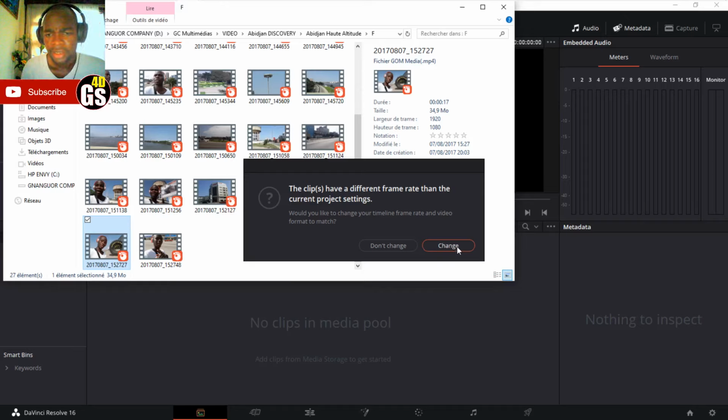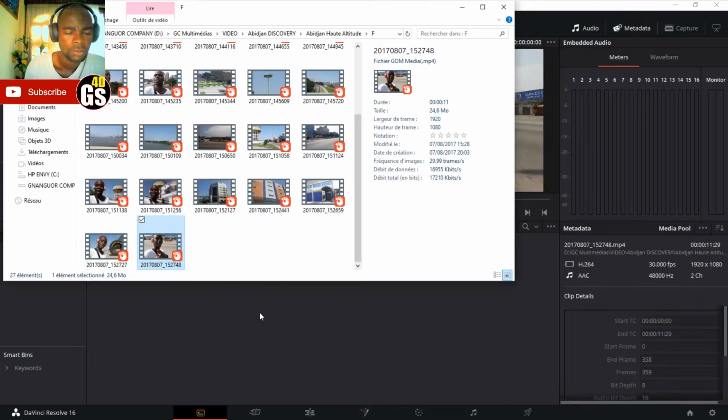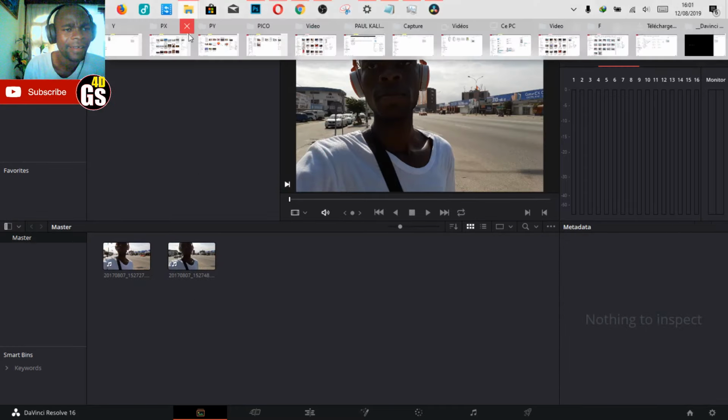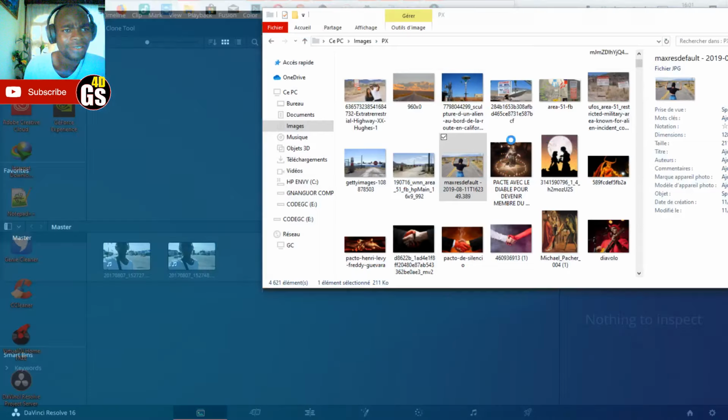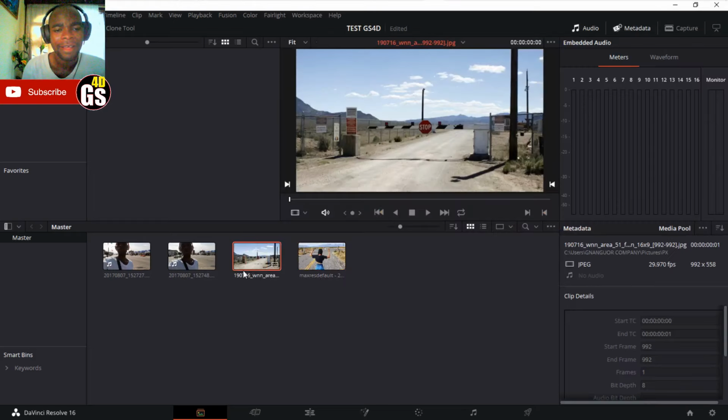Okay, you need to click on change, add finish, and you have two videos here. You can also do the same action to add an image directly here. You can select Ctrl and S to save.